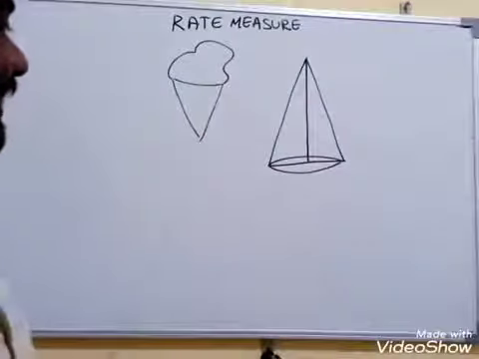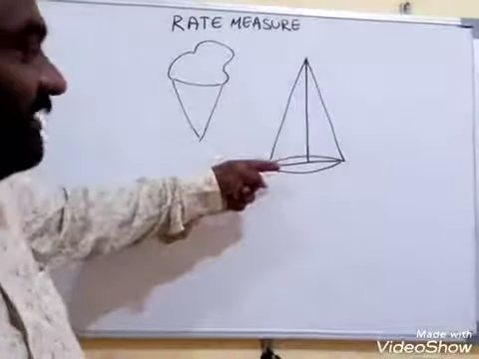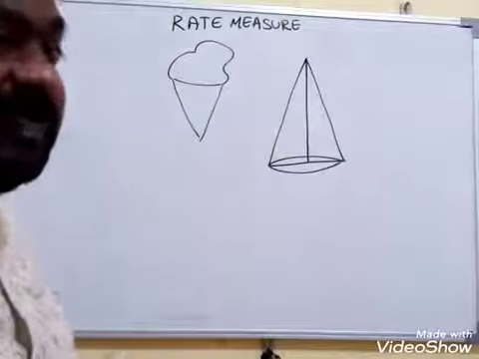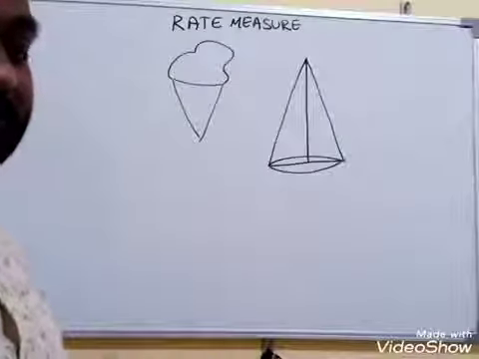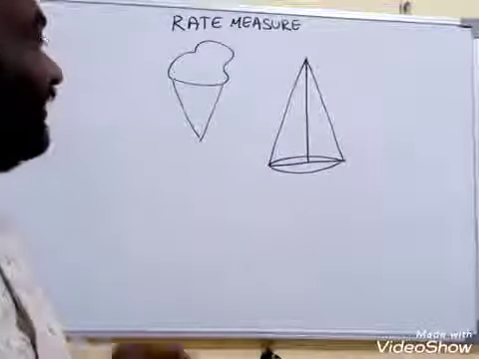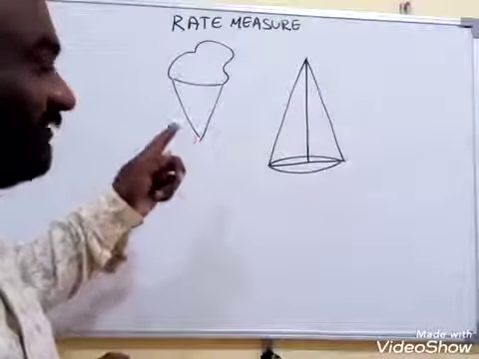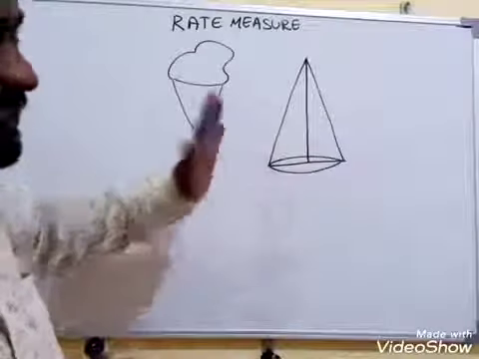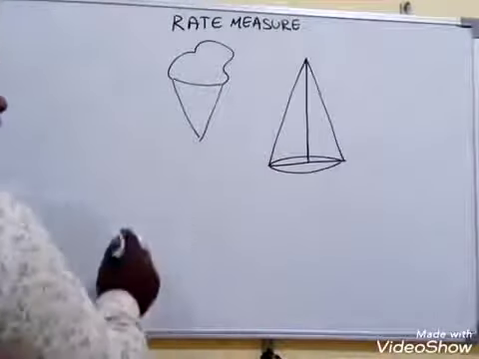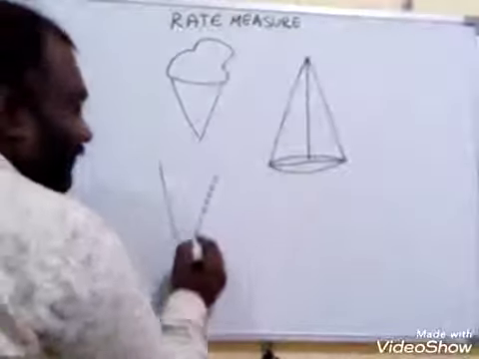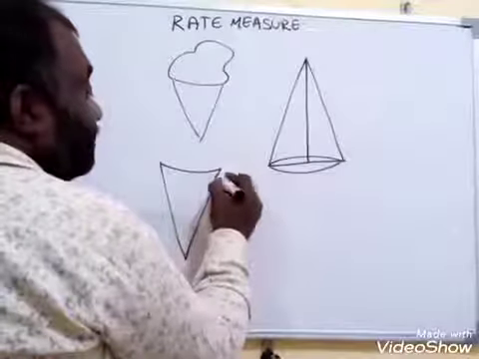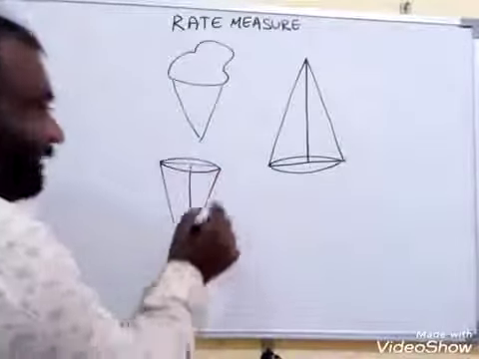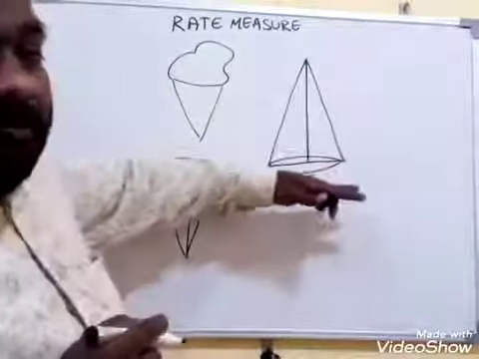Actually, the cone is this one, and this one is called an inverted cone. You cannot ask the uncle to give you an inverted cone ice cream. He may get confused and give you another thing. That's why the difference is that in our daily life we use cone in the reverse meaning. This is called an inverted cone, and that is the cone. Cone means this, because it should be on the base.